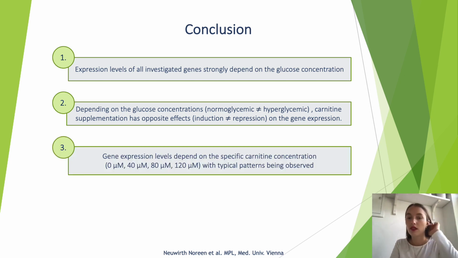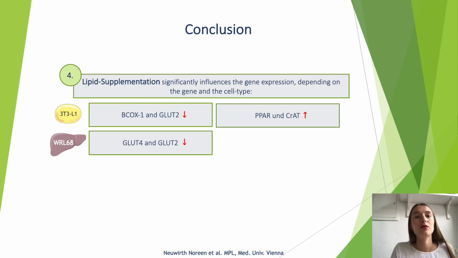We also conclude that the gene expression rates depend on the specific carnitine concentration. In most genes, we observed something like a cross point or a critical concentration, where the opposite effects occurred as a certain carnitine concentration is added. Last but not least, we observed that also the lipid supplementation had a significant influence on the gene expression rates